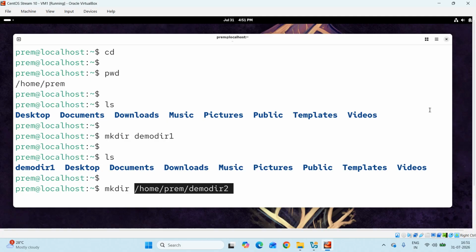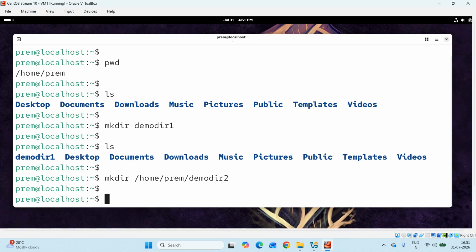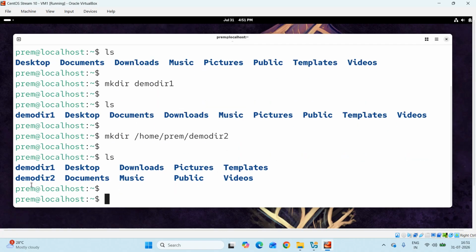Why do I call this an absolute path, people? Whenever I specify the location for a file name or directory name starting from the root directory onwards, it is an absolute path. Okay, now let's proceed. I'll press the enter key. The command will run successfully and create the directory demo dir2 in my present working directory. Let's verify, people. ls command. We can now notice that demo dir2 has been created inside my present working directory itself,